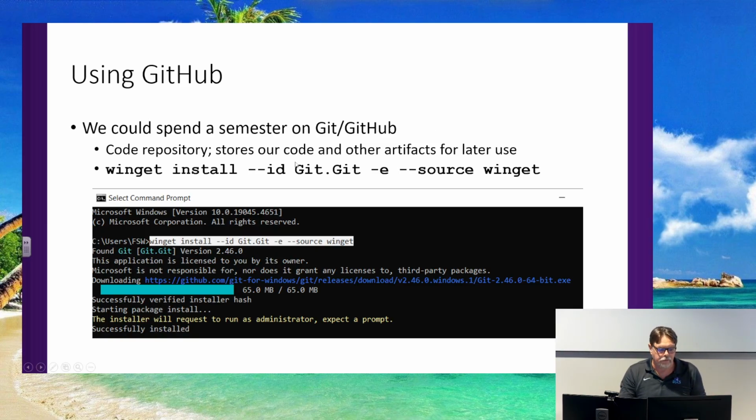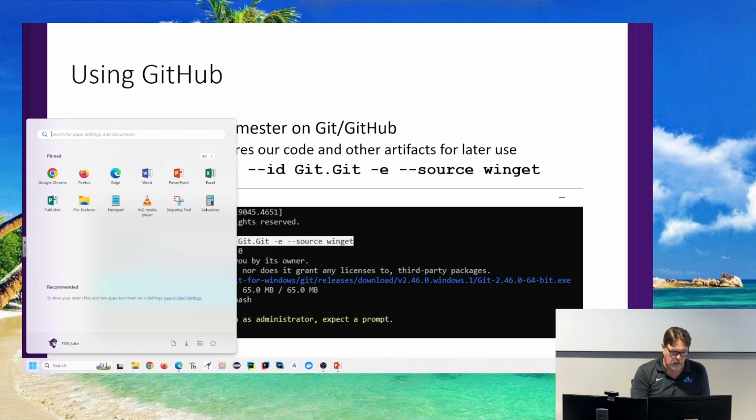To install it, I threw the command up here for you to be able to reference later if you need it. Winget is just, you know, one of the tools locally on Windows that you can use to pull something and install it. So if you do this command, you will be downloading this set of Git tools. Now, I'm guessing they're already installed on these computers, so we don't have to do that. Let's test that.